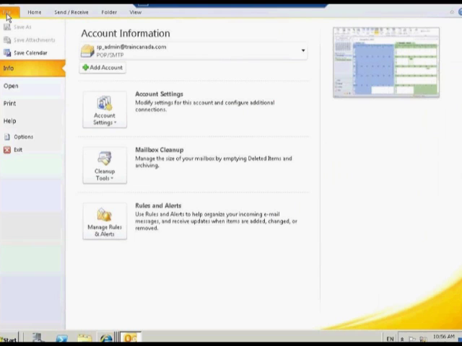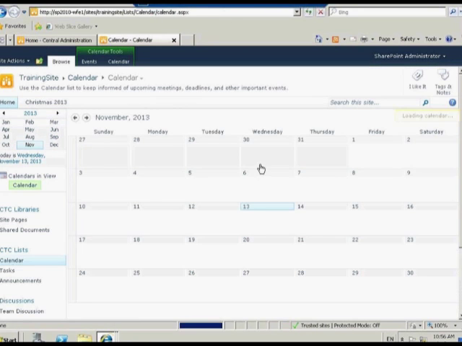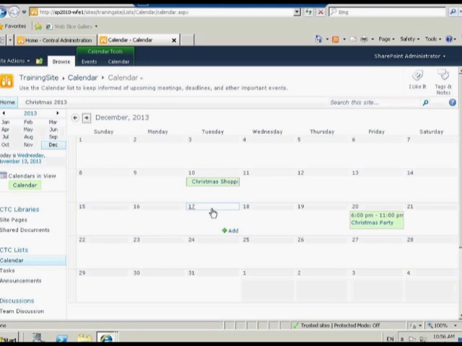I'm going to close down, not my SharePoint, I'm going to close down my Outlook. And now you should be saying, but Donna, how come it doesn't show up here? Remember, you're in a browser. I have to refresh so that it'll show up in the calendar. Remember, you're in a browser. It's not like a Microsoft Word document where as you do stuff, it refreshes. So I did an F5. F5 is to refresh. I can do this little refresh button up here,